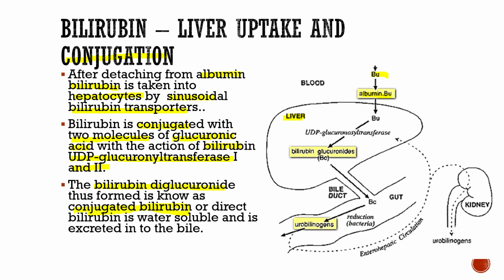So now it is conjugated with the glucuronide, so it is known as conjugated. Now you understand why the albumin bilirubin complex is known as unconjugated. It was not conjugated, so it was sent to the liver to conjugate so that it will be water soluble. It is also known as direct bilirubin. Why? Because this conjugated bilirubin directly gives a reaction in the Van den Bergh reaction. So the albumin bilirubin complex will not react, but the direct conjugated bilirubin, or bilirubin diglucuronide, will directly react.